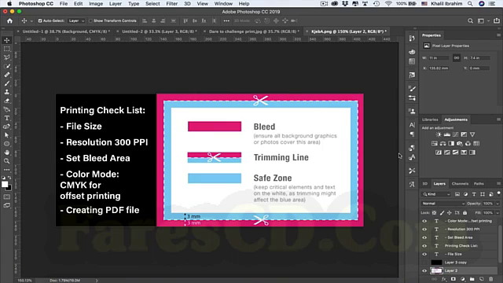So if you're going to print your file, you need to start with your file size. For instance, if you're going to print an A3 file, don't design your file as an A4 file because you will be facing resolution problems later. And also make sure that you're using a resolution of 300 ppi, pixels per inch, and that you are setting